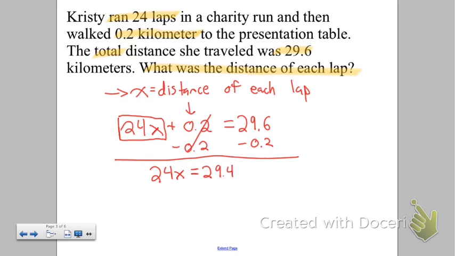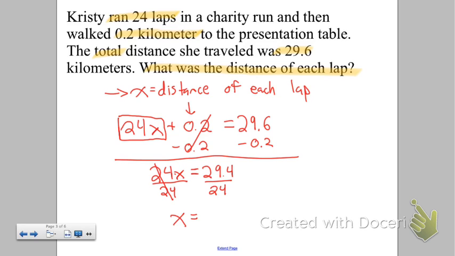So now I have 24 times x. So I can divide by 24 and divide by 24. When I divide my 24 over 24, that cancels out, and I'm just left with x equals